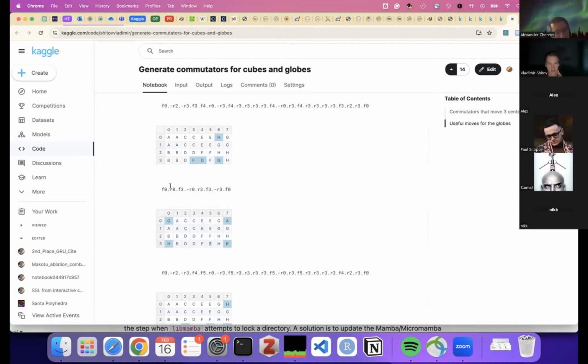And sometimes if they both start with F0, for example, then you can just drop one of the F0s. So you combine these moves, but the total length of the combination is less than the sum of their lengths. And this is exactly what the winner of the competition did. I didn't have time to optimize it, unfortunately. But that's, I believe, the best you can do with an algorithmic solution.